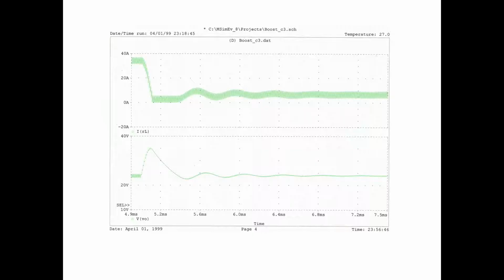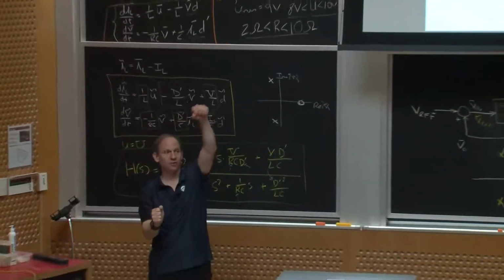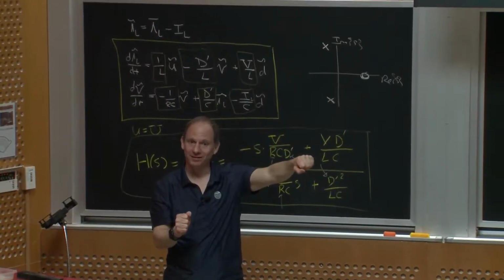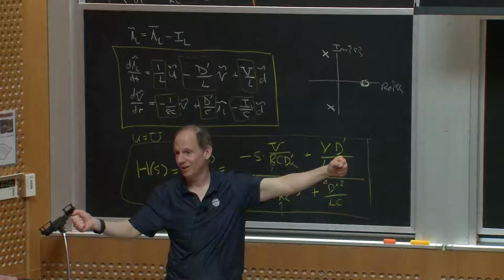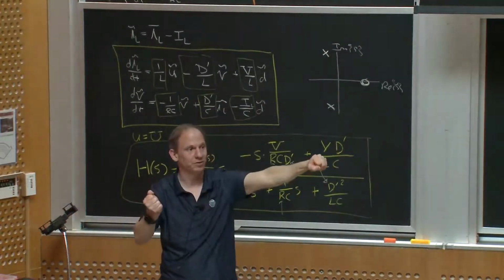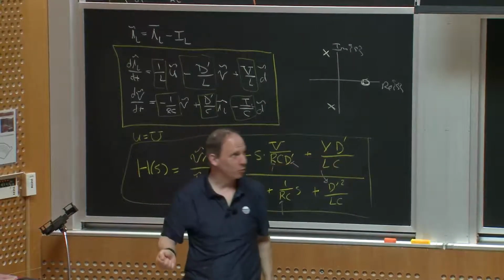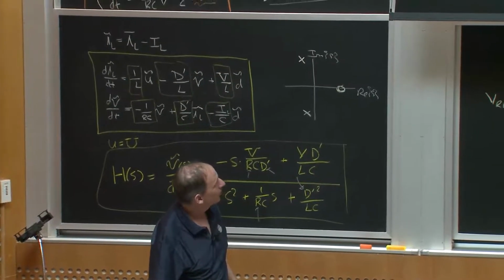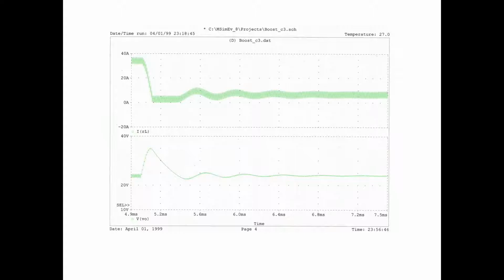Because there was all this current in the inductor, and the load went away, and so all that energy that was in the inductor ends up in the output capacitor, right? And that output voltage swings way up. And there ain't a lot you can do about that, right? The energy in the inductor has to go somewhere, and it goes into the output voltage, okay? So in the real world, if I didn't want to see a ginormous spike on my output voltage, like a 10-volt spike, I better throw a bigger output capacitor on there or use a smaller inductor,